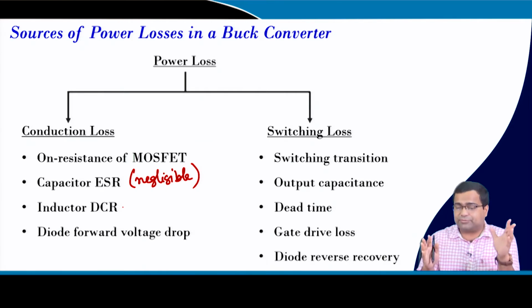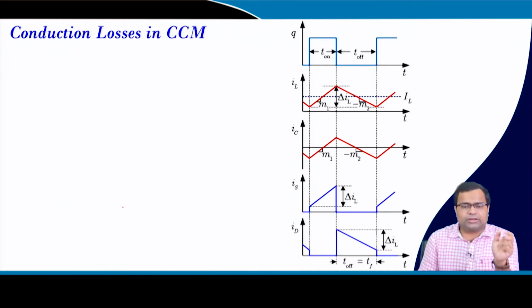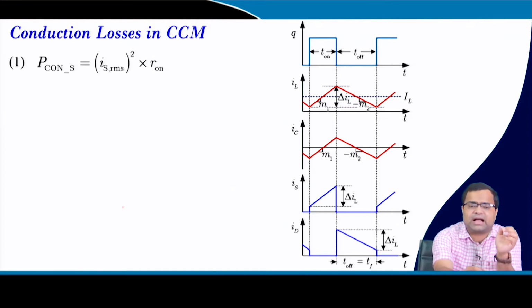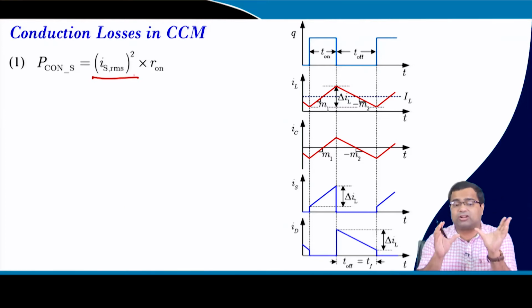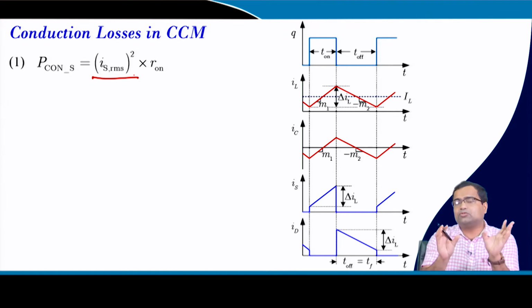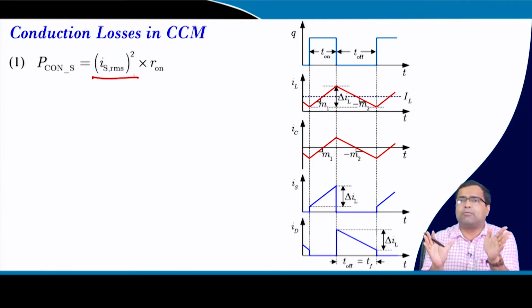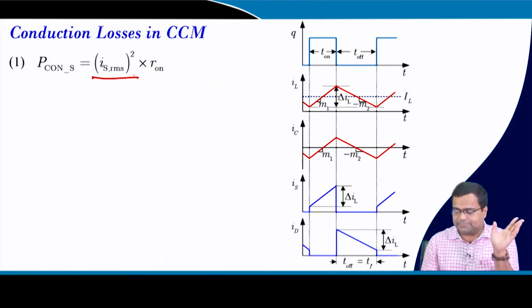And of course, the diode device recovery loss, if you take either a body diode or a conventional diode-based DC-DC converter. So, in conduction loss, if I take continuous conduction mode, it can be written as I_S RMS current, if you talk about the conduction loss of the switch, into R1. We have actually discussed in lecture number 7 how to derive RMS current for any waveform which takes the form of a piecewise linear waveform, so that we can very easily find the RMS current.